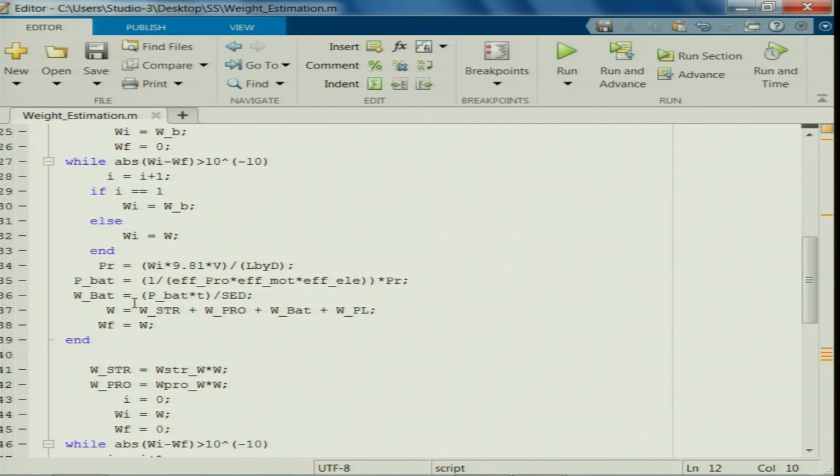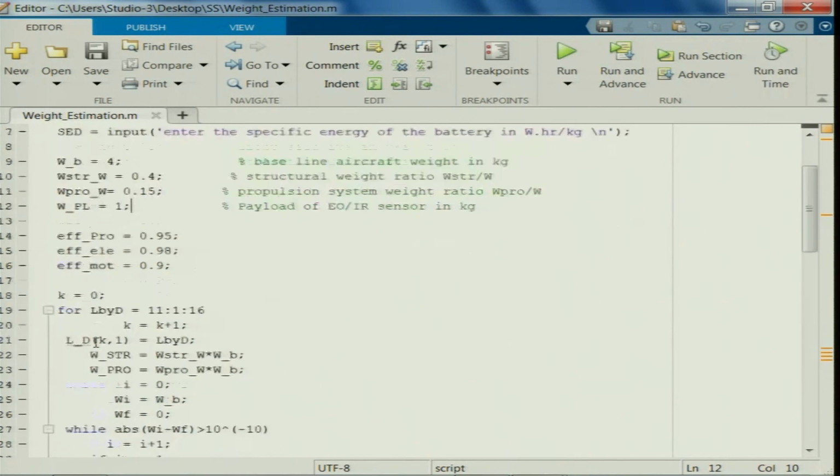So, this baseline aircraft we do not have much time to discuss. That is from the historical database. I leave it to you to figure out, to at least study various textbooks and figure out what the baseline is, like how do we extract this historical database from the previous UAVs, right.